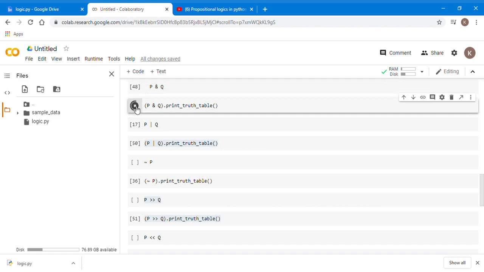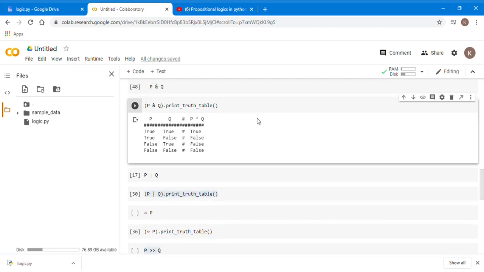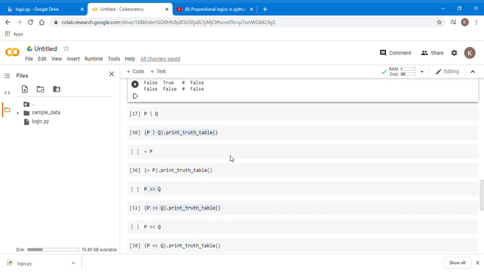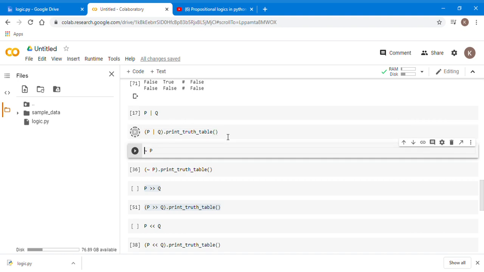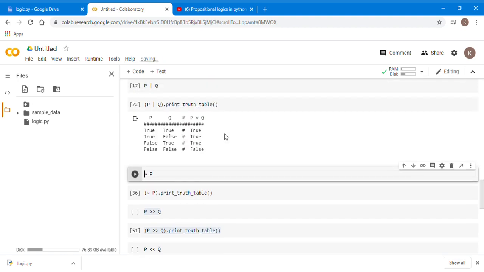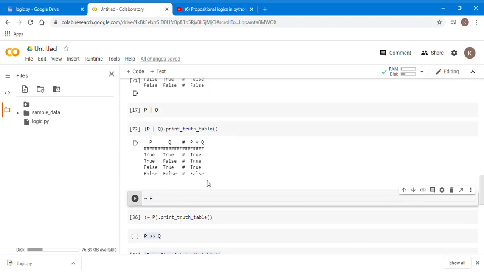Now basically the AND operator states the union of two propositions. It states the union of proposition P and proposition Q. So the reason is that when P is true and also Q is true, the output is true. But when P is false and Q is false, the output is false. And so is the truth table. Now another proposition is P or Q. Again, just displaying its truth table, we get to see the output true, true, true and false.